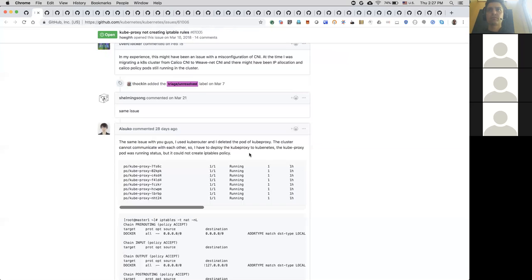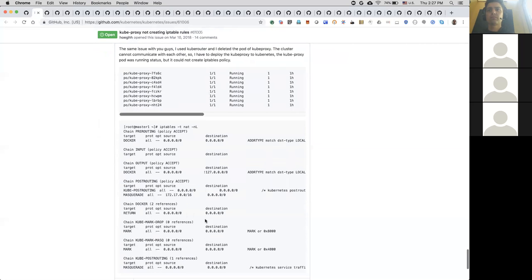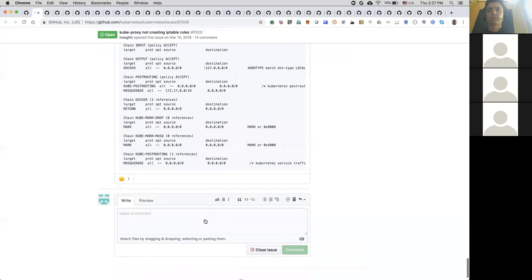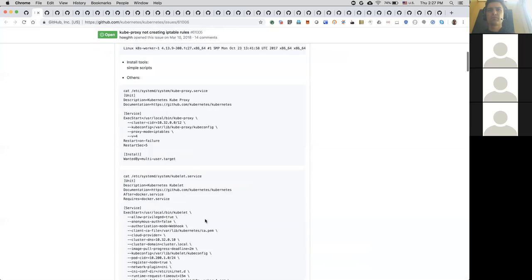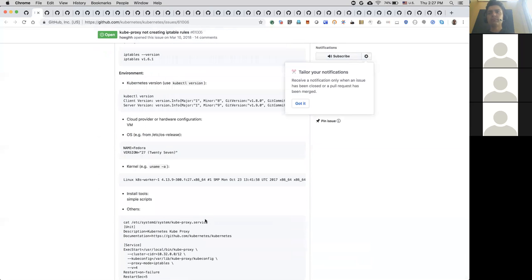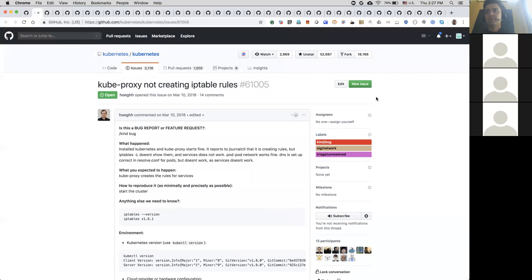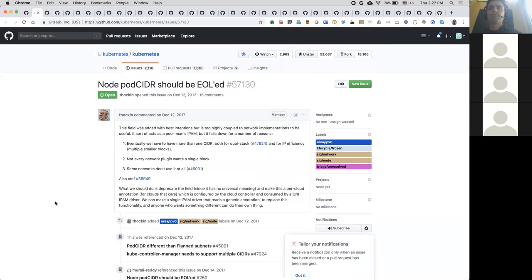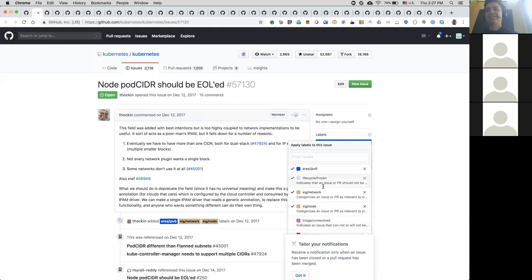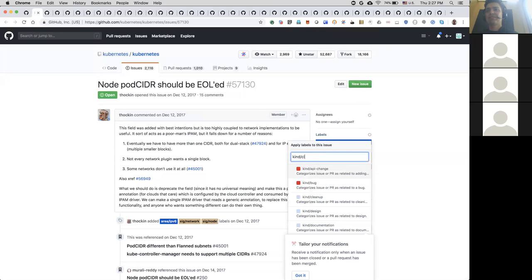Could not create IP tables policy. That doesn't seem like the same thing. It couldn't create IP tables at all, and this person has IP table rules. Why don't you assign that one to me? I'll follow up and probably just end up closing. All right. Thank you. You should dupe it to that other one, shouldn't it? Yeah, this is a dupe of it. Okay. Cleanup.